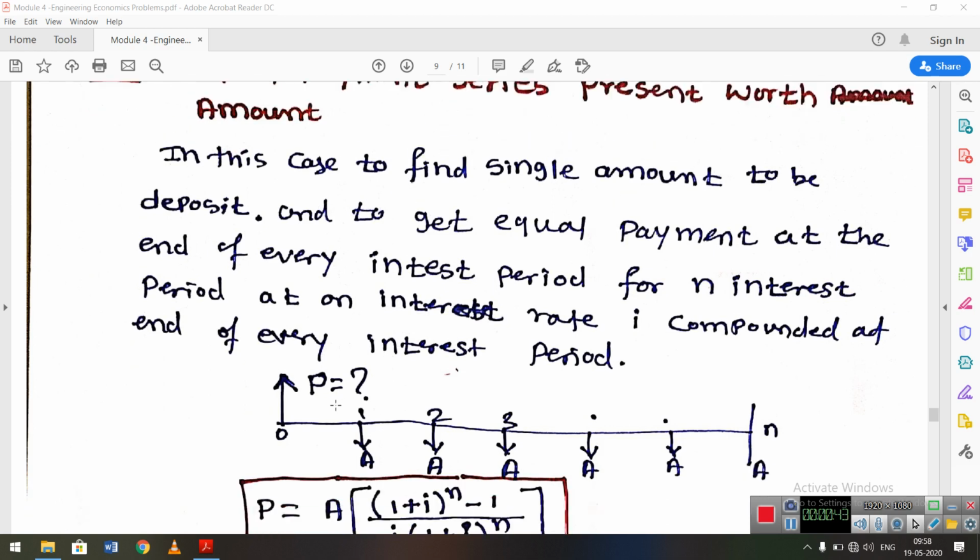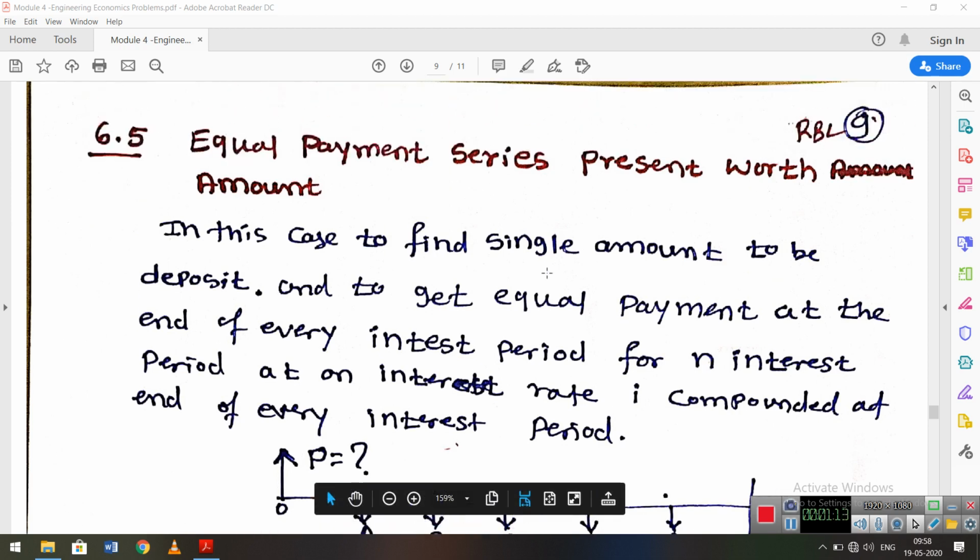So P is the principal amount. It may be the bank giving a loan to the customer, say around 20 lakh. If the bank gives that to the customer, then monthly or at the end of every year, how much does the customer have to pay to the bank? The bank has given a loan of 20 lakh. Next, at the end of every year, how much to pay? This is the type of problem.